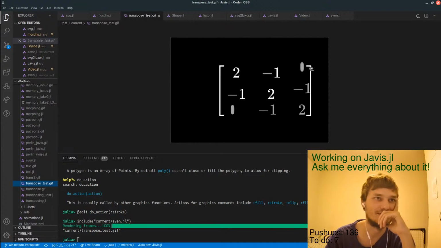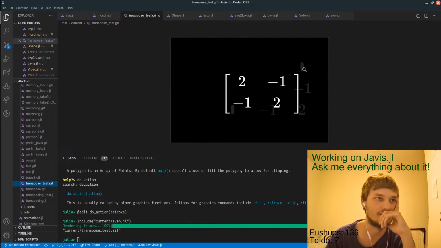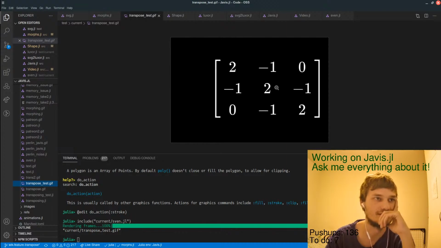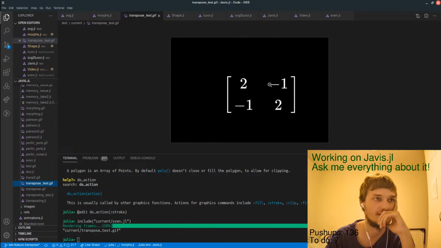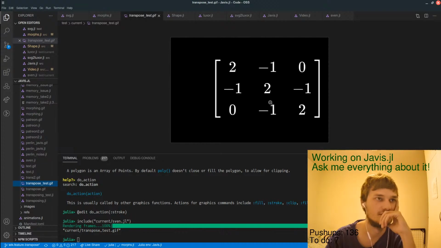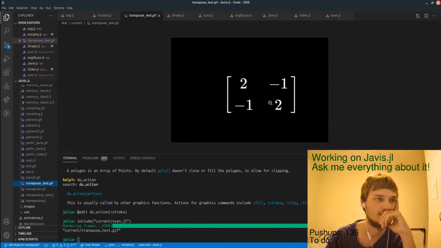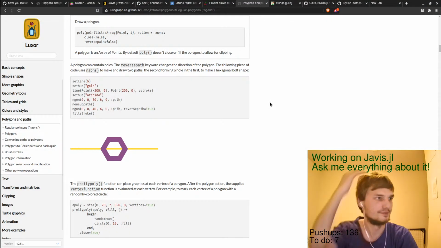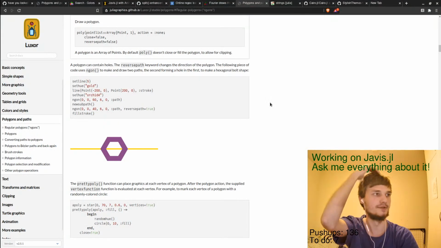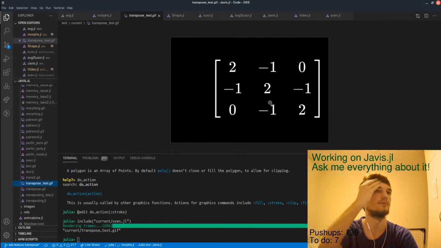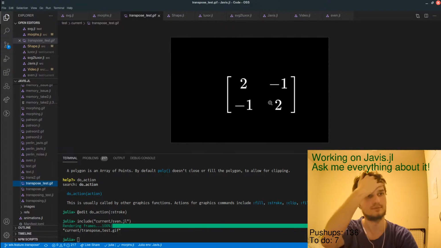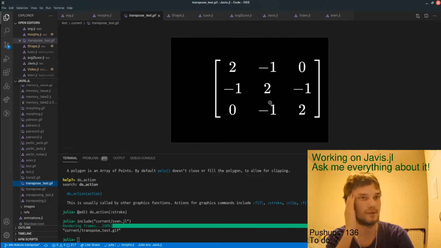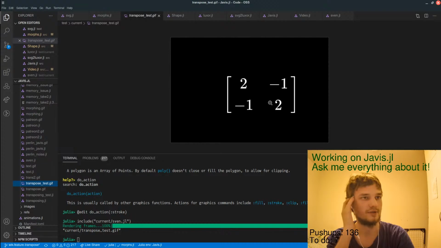So somehow it draws only the inner part. And then there is this weird line there. I have no idea what that is. Okay. So 0. Okay, it's definitely one of the.